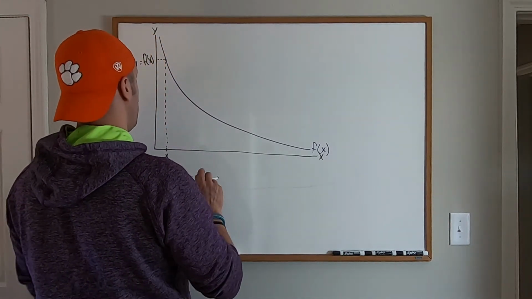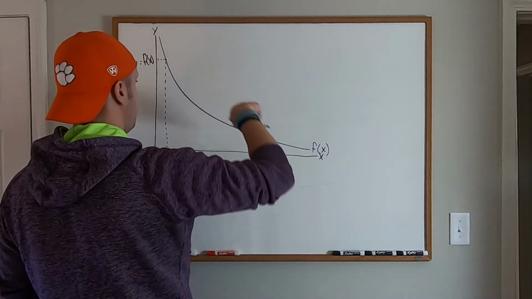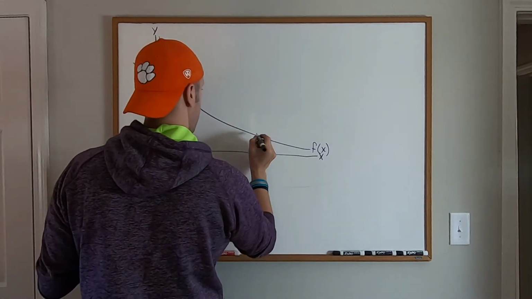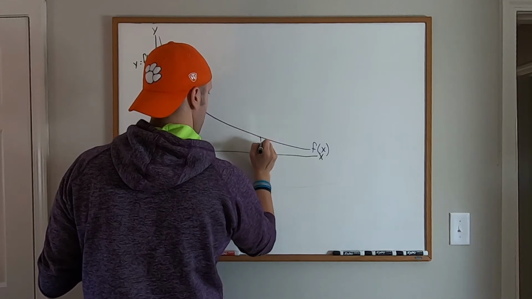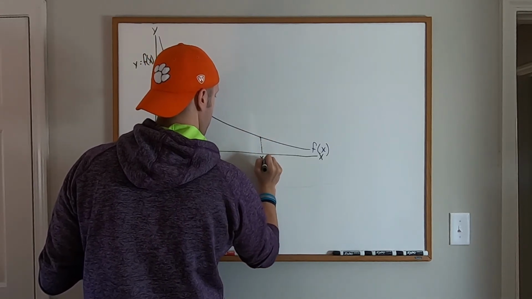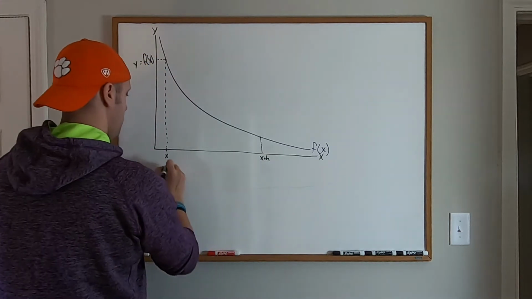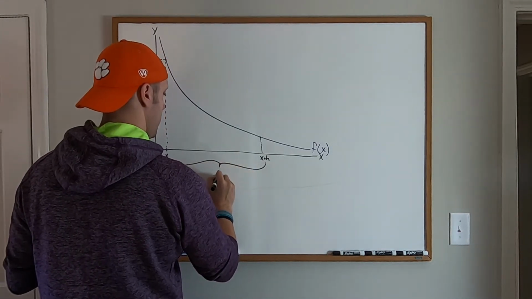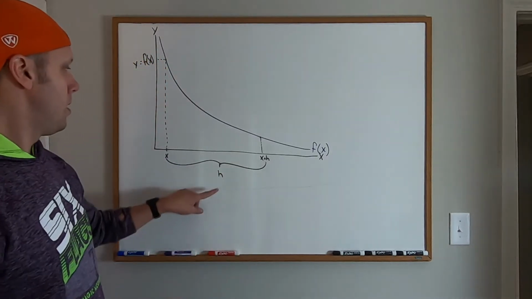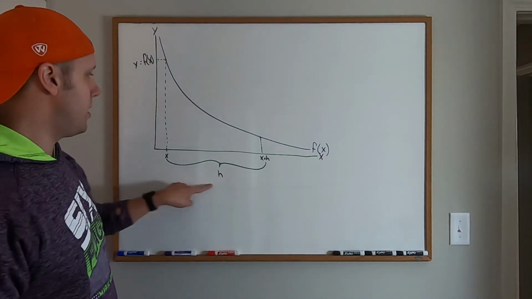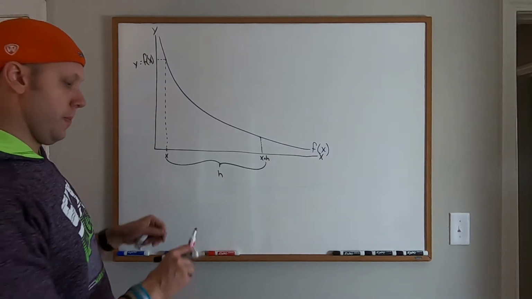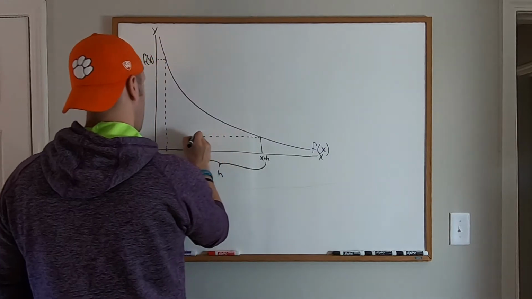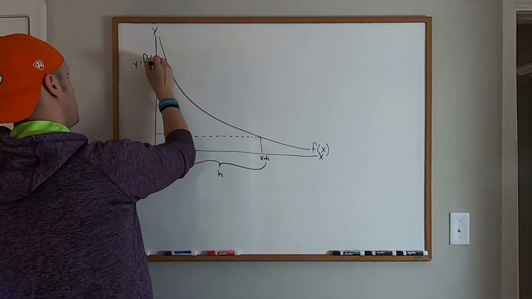Now what I want to do is connect two different points. So I'm going to pick a point over here. I'm going to denote this x plus h, where the distance between x and x plus h is, you guessed it, h. All right, so this horizontal distance here is h. This vertical distance